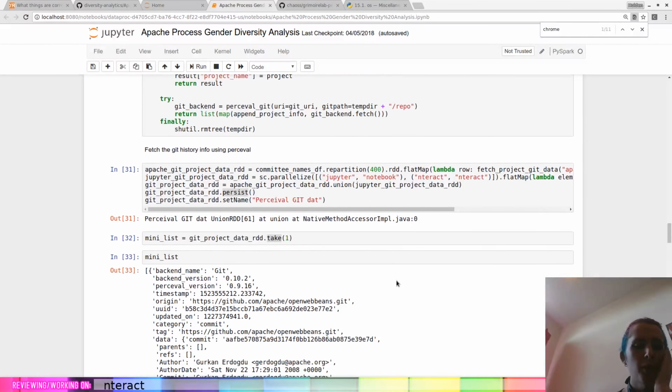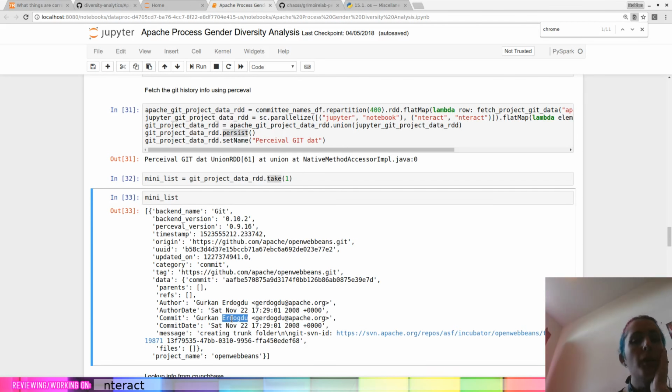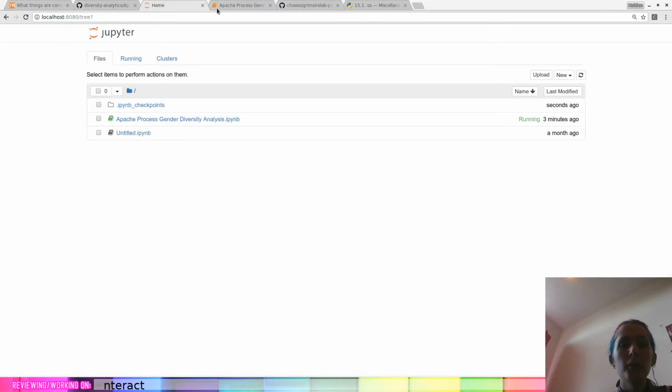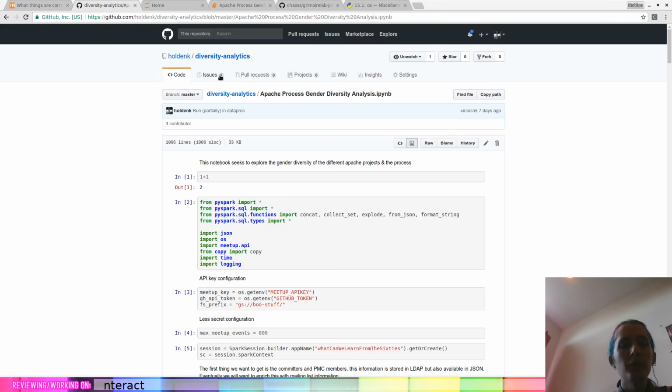So this is a commit. That's cool. That's the author date. We can see who committed it. And this is actually one of the other things that I think would be really fascinating to look at. So I'm going to write this down as well. Or maybe not really fascinating, but important too.